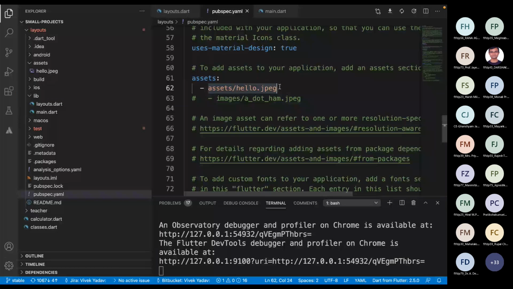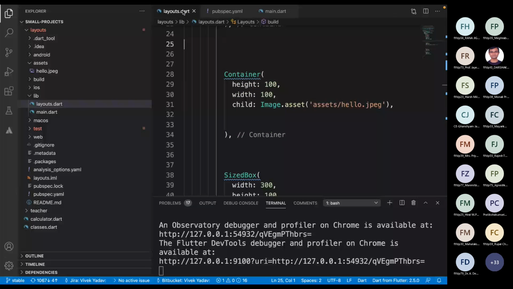Whatever your path will be, after updating it over here, you can use it anywhere. It's not such a constraint that you have to add it here only. Apart from that, any issue or any question?